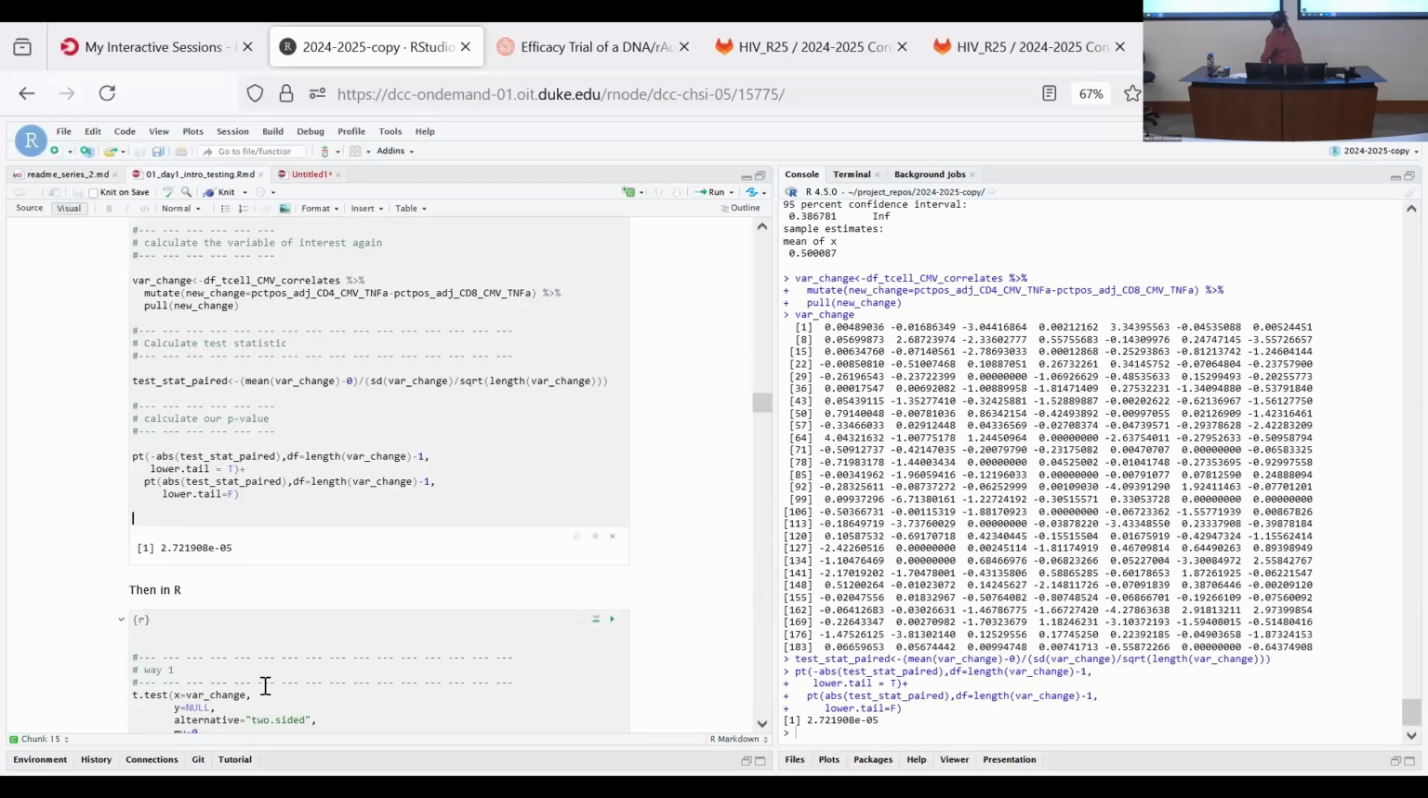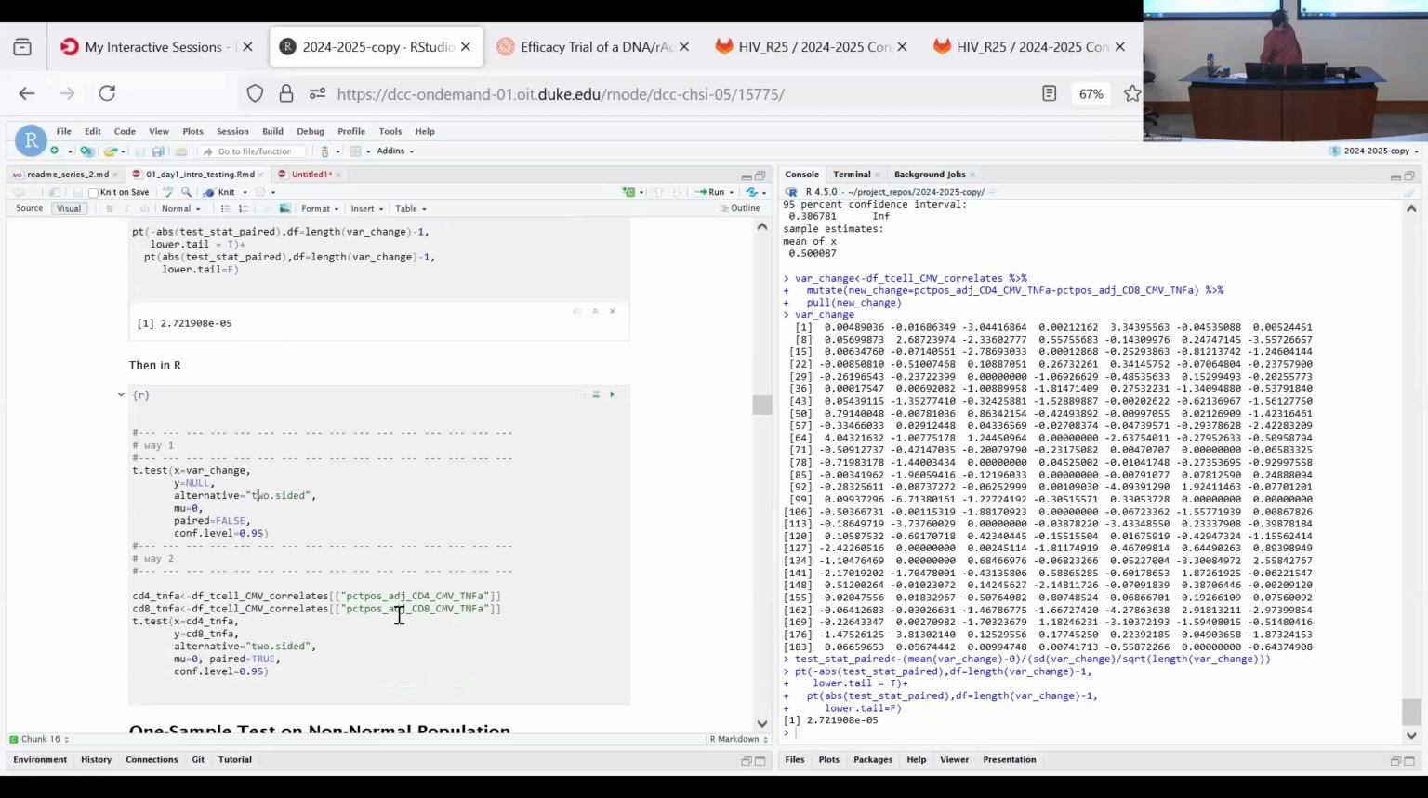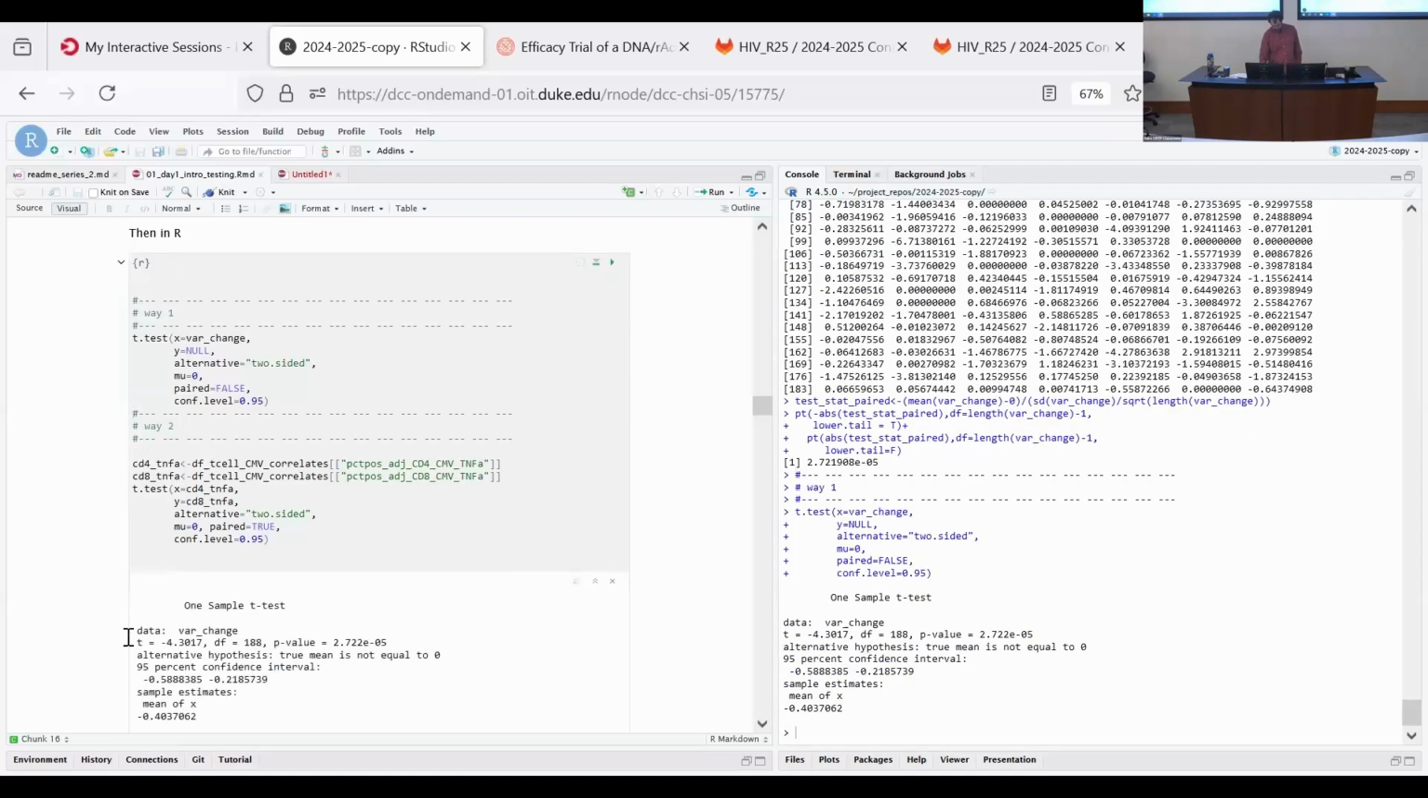You get 2.72. And then in R, the way you would do it is you say X equals that variable change. You say the alternative is two-sided. Your null is that they're equal to each other. And then for this, we say paired equals false. So if we run that, it gives us the test statistic and the resulting p-value about whether or not,